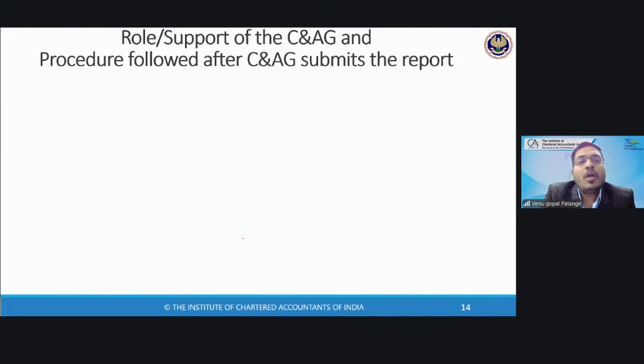Next, we'll discuss the role or support of C&AG. So what does a C&AG do? It performs the audit. It will submit to financial committees. Let us say financial committees need to check some accuracies, some documents. So financial committees will come back to C&AG and ask for some support. So C&AG is a friend, philosopher, and guide for financial committees as well. Later, these financial committees will compile and forward it to Parliament or the state legislature as applicable. So the role of C&AG and the procedure followed after C&AG submits the report is what we are going to look at,